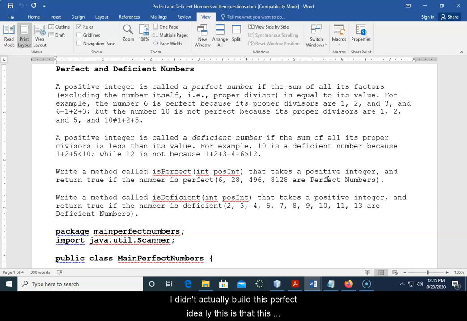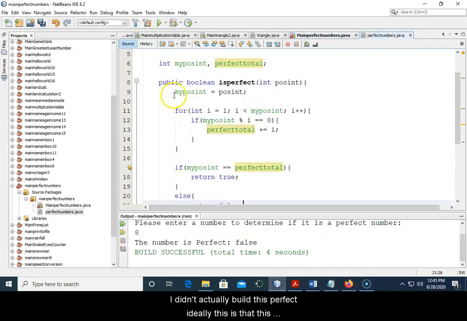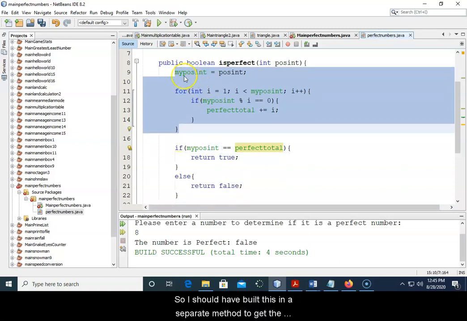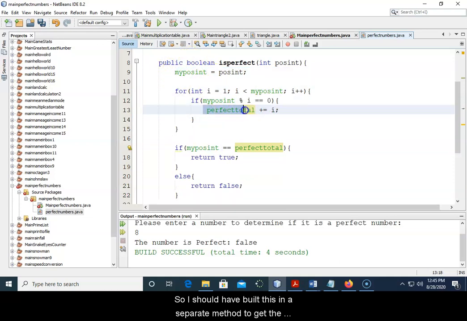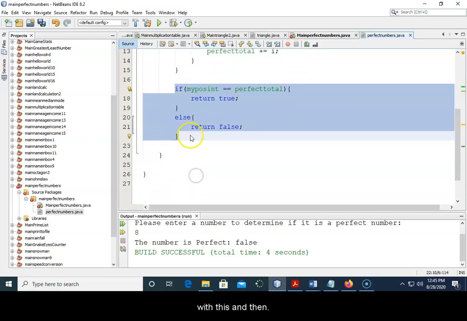Well, I didn't actually build this perfect. Ideally, this is all the exact same code. So I should have built this in a separate method to get the perfect total value, and then I could have just used isPerfect with this, and then